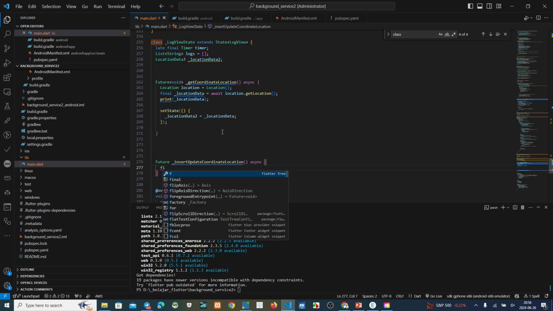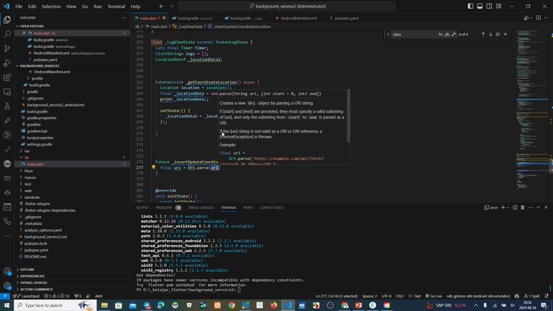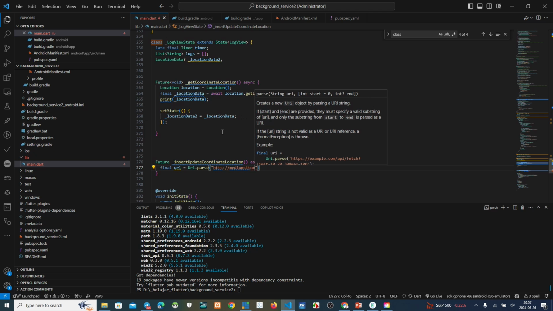This makes a URL. Okay. This one is my hosting, https mediumctompul.com.